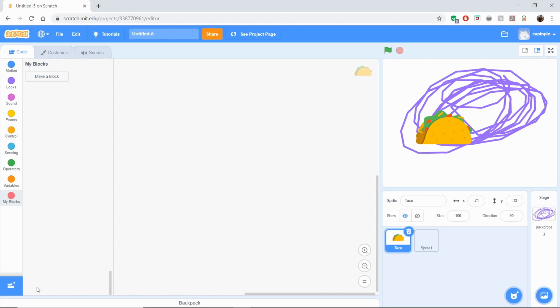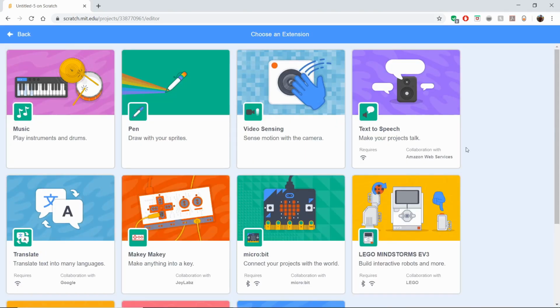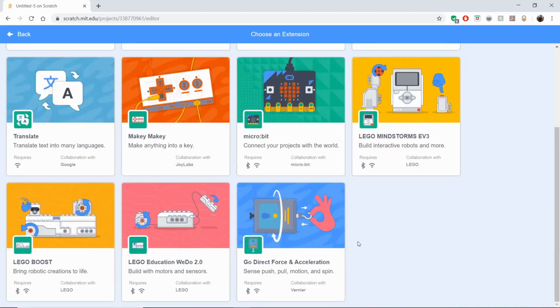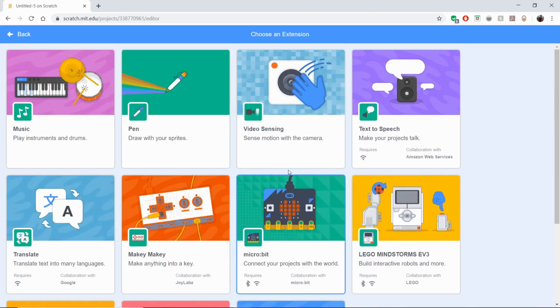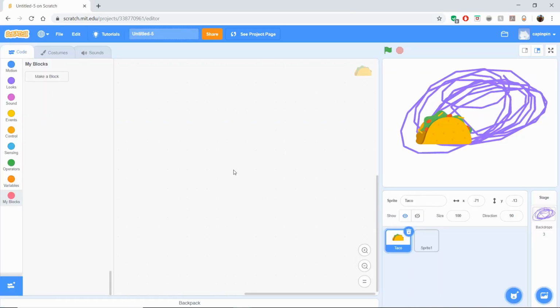And then on the bottom left right here, you have add extension. So you have all kinds of extensions right here. You have music, pen, video sensing, text to speech, translate. You have all kinds of cool stuff. Now you have many different opportunities to make so many different kinds of projects in Scratch. So let's go back into our